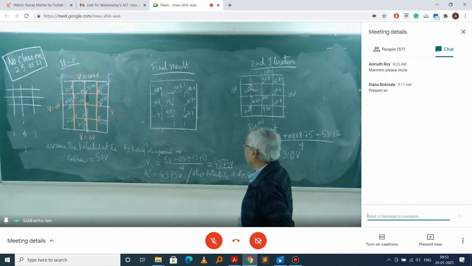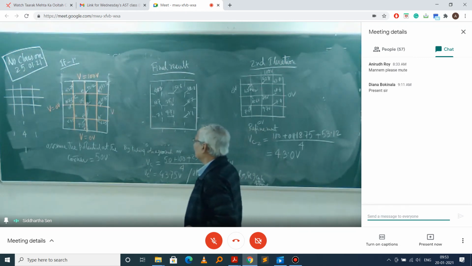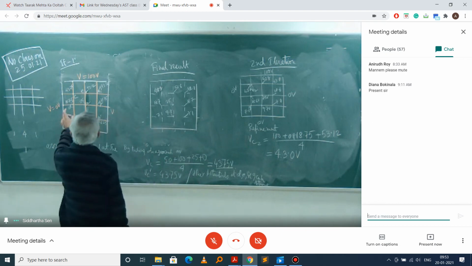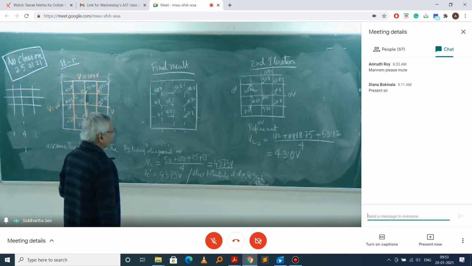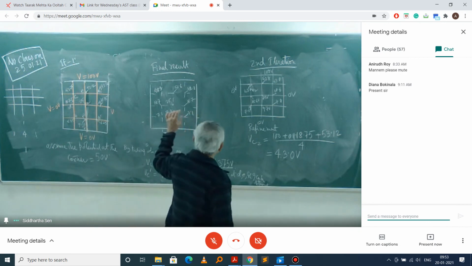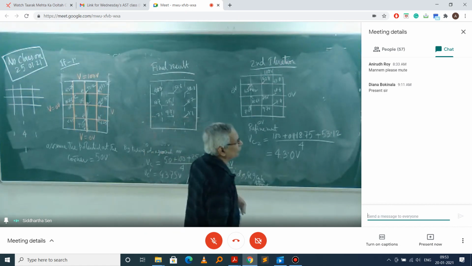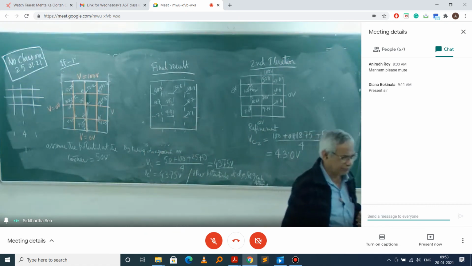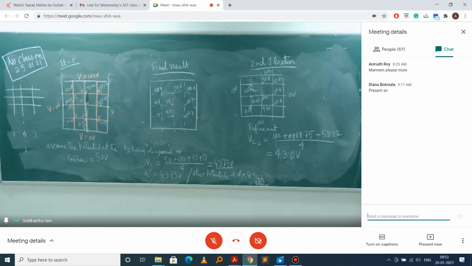But definitely what you can see is that the accuracy depends upon how closely you are making the grids. If the grids are very close and of very small size, it will be more accurate. There is always a balance you will have to make. If you want more accurate results, you need a large number of grids. The dimension will be large. That is another thing.